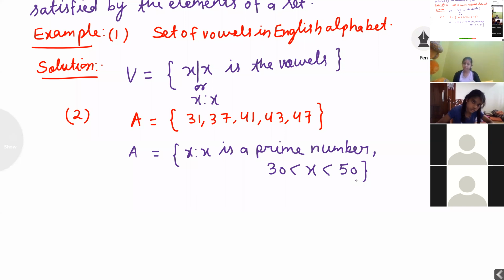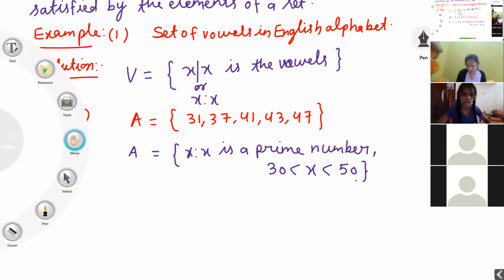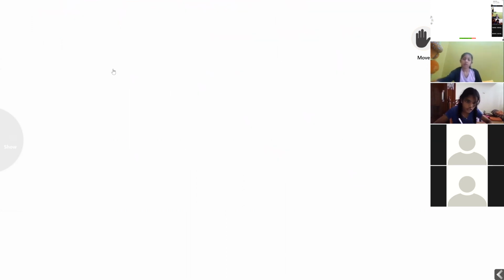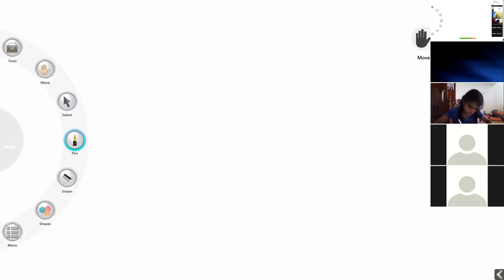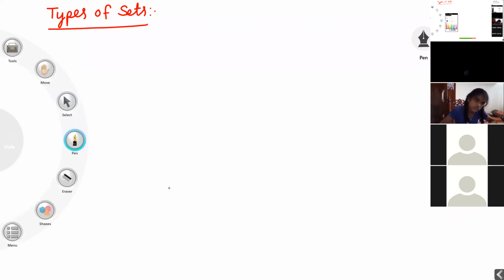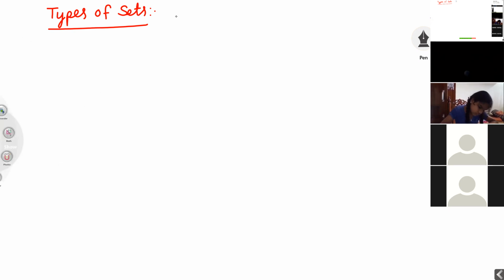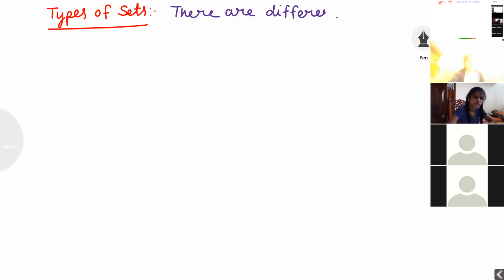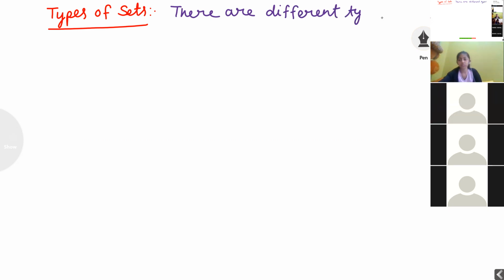Next key heading, types of sets. There are different types of sets.